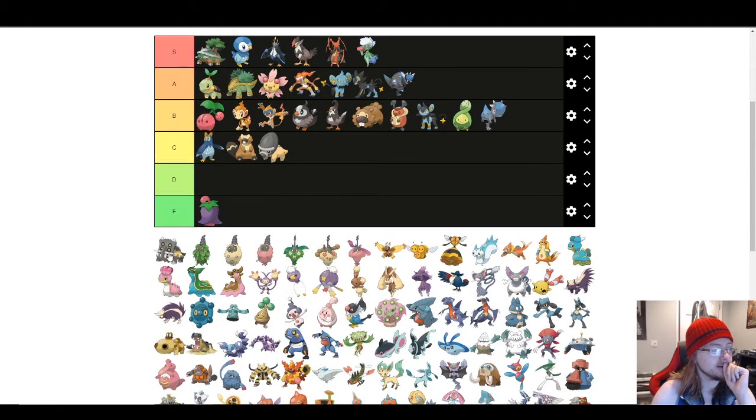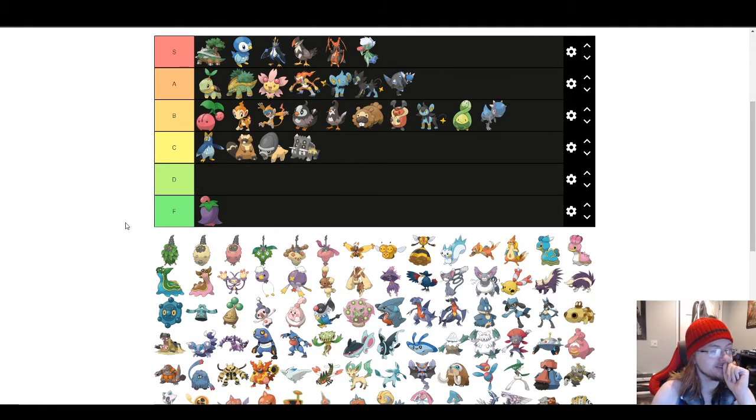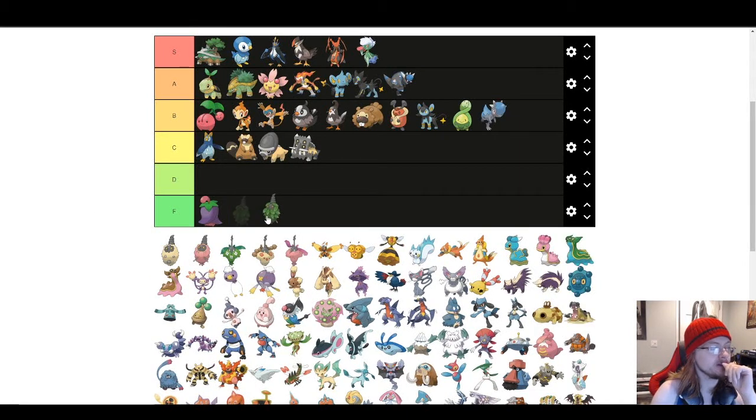Shieldon's okay. Bastiodon's okay. Bastiodon's really bad. Its moveset's bad. Its stats are pretty bad. Its defense is good. Its typing's pretty bad. It's just not good. I feel bad for it, to be honest. It's just... oof. Anyway, Burmy...